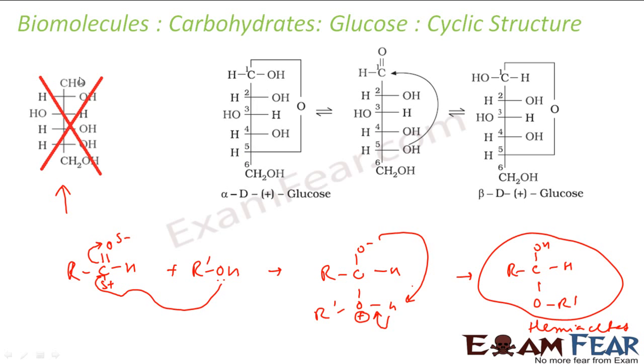Similar thing will happen here. So this is an aldehyde here on this carbon. This will be attacked by one of the OH. Now the question is, which OH? So these OH will not be able to attack. Why? Because the orientation will not be there. Correct? So this is like this. If I have a long rope,